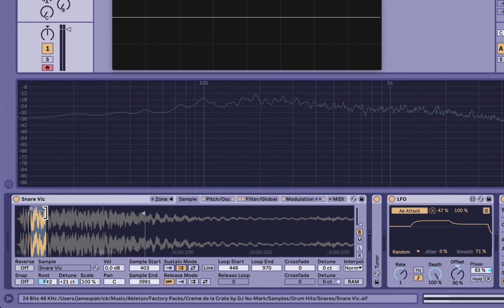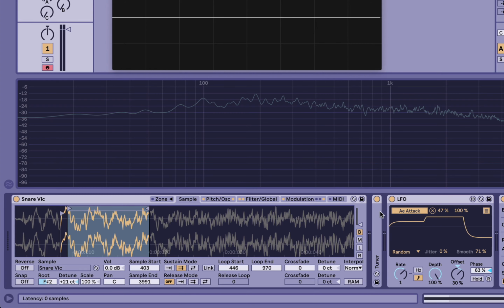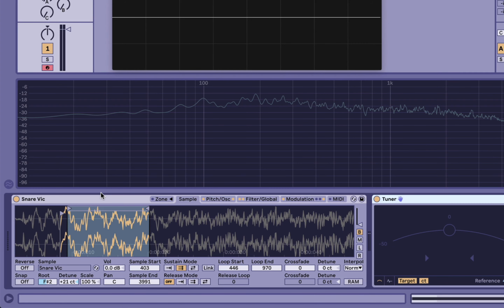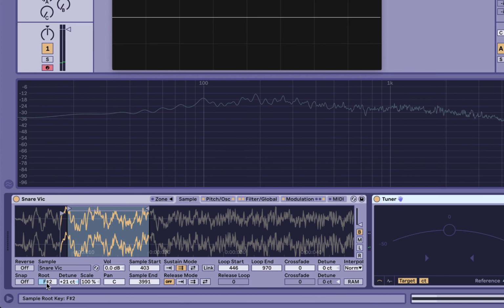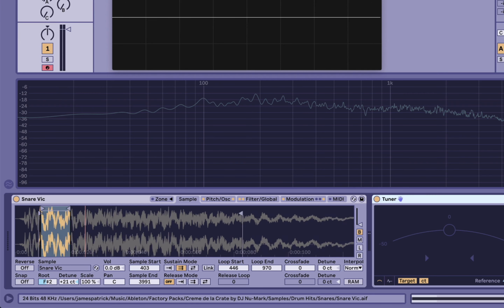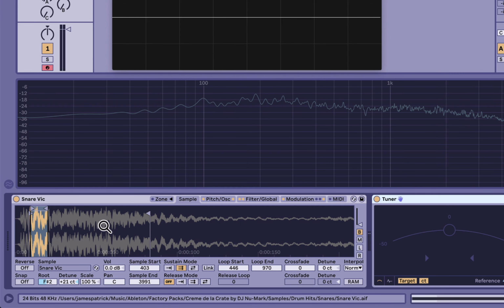And then I adjusted the loop brace to get into the right pitch range and the right timbre. Once I did that, I took a tuner and just held a note and adjusted the tuning with the root note and the detuning so my tuner would show the right note I'm playing on the keys. That forces it to not only harmonize nicely with other instruments, or not nicely, but also